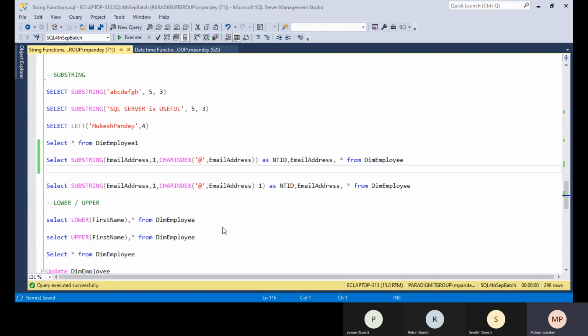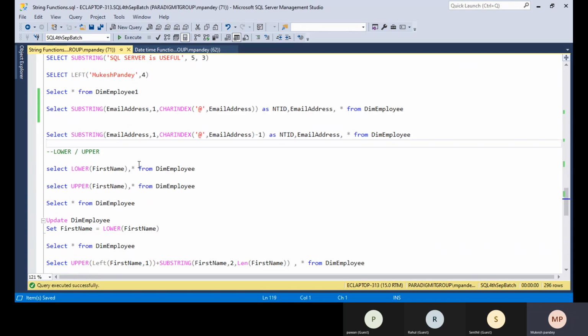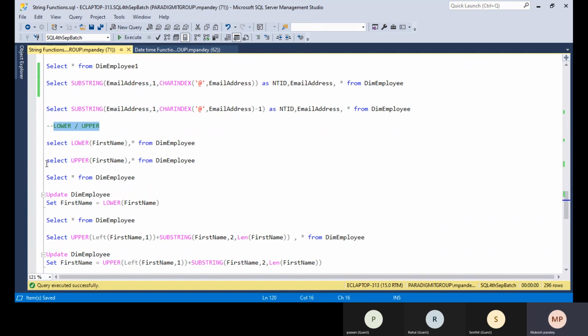No. Okay, so the next one is the lower. Lower is basically used to convert all the characters into lower letters, and the upper function is basically used to convert all the characters into upper letters.